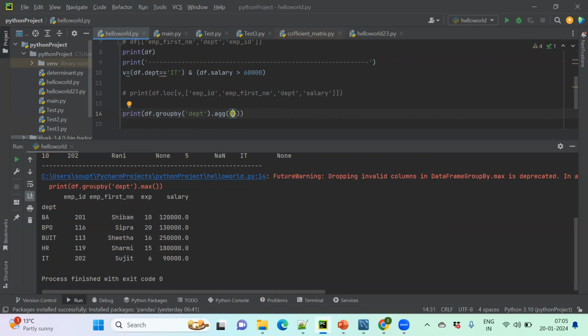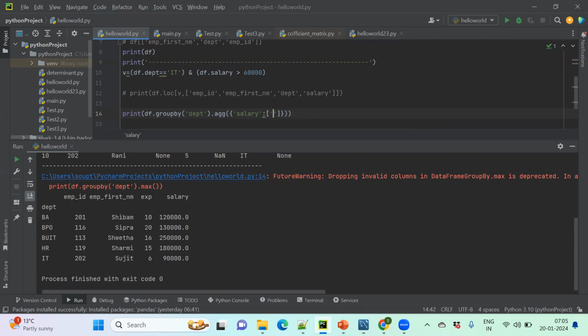So let's put some key. Key should be the particular column name. Suppose I want to do the aggregation on top of salary. So I'm declaring the salary as my key. On top of salary, which particular aggregation function I want to impose, that thing I can mention within my value. So it's key value. Within the value, I'm declaring a list